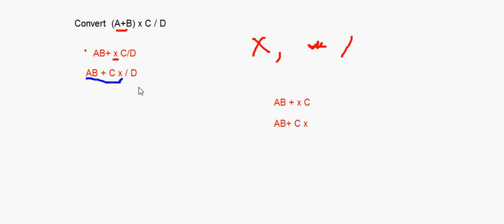Now you are left with this divided by d. Now I'll write ab plus c into d divided by. This is the final answer. This is the postfix expression,